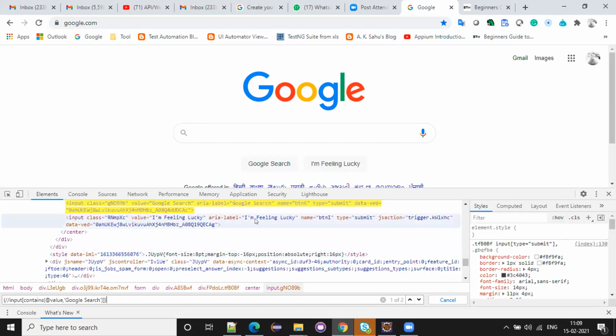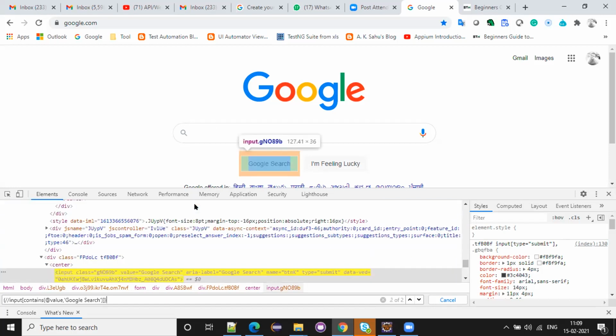One is showing somewhere, but nothing is highlighted on the UI. The second one highlights Google search, so we need the second one. So how can we do indexing? We have to put braces around the whole expression, and after that, 2. This is indexing.